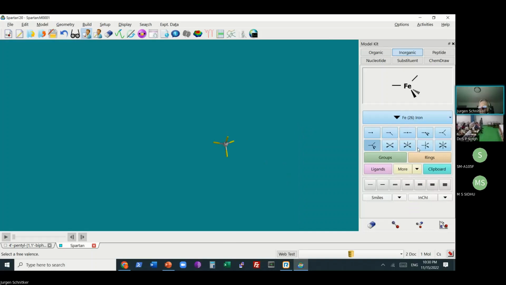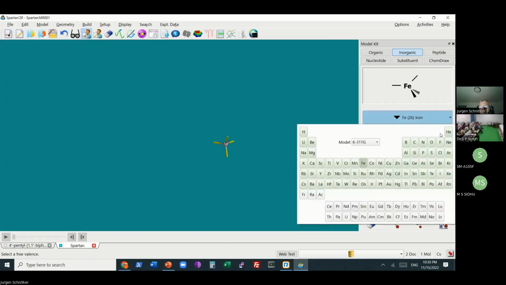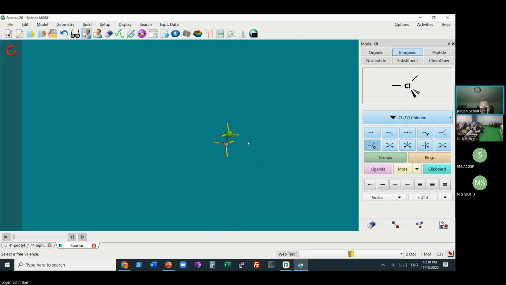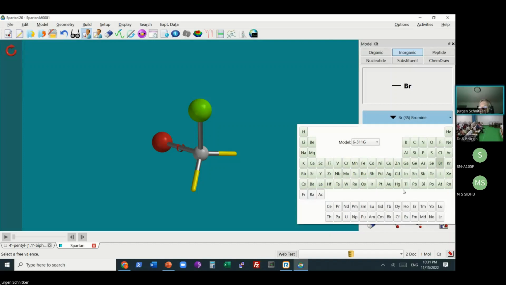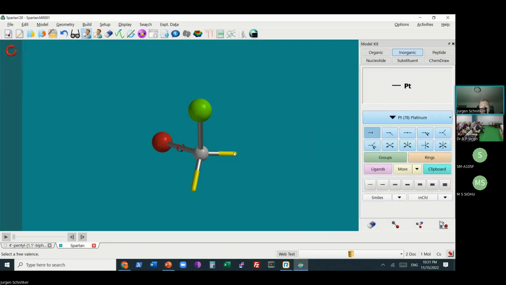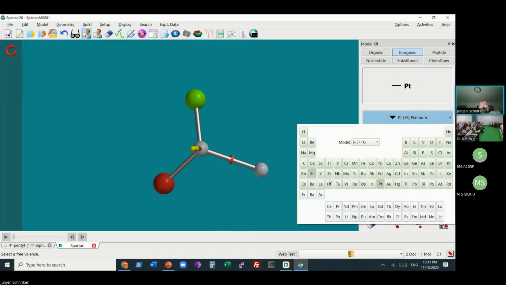I can build iron tetrachloride, or chloride bromide or something. If I use the entire periodic table, like platinum here, the periodic table opens it up towards inorganic chemistry.